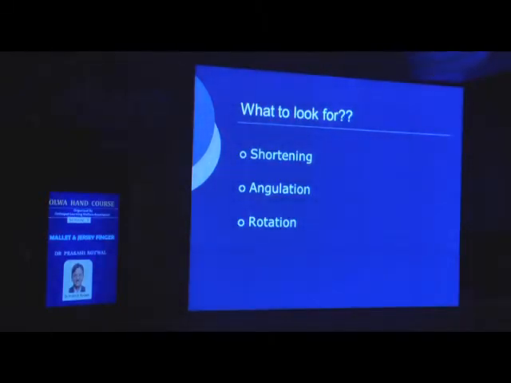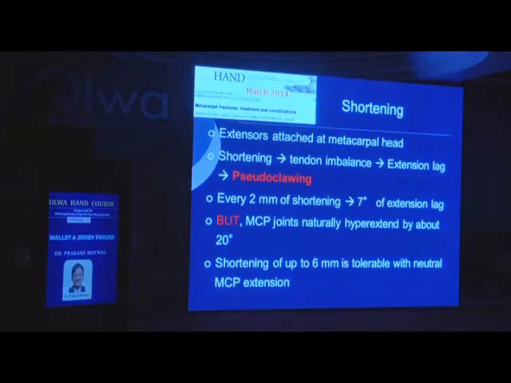So in a metacarpal fracture, what should you look for? You should look for three things. One, is there a shortening? Because that will disturb the metacarpal arch. I showed you the picture just now. Is there an angulation? Because that angulation will also cause shortening. And the third thing, is there a rotation? Because rotation, like in any long bone fracture, similarly in metacarpal or hand fractures also, is not at all acceptable, and it must be corrected.